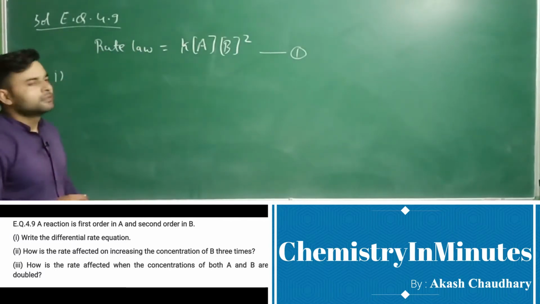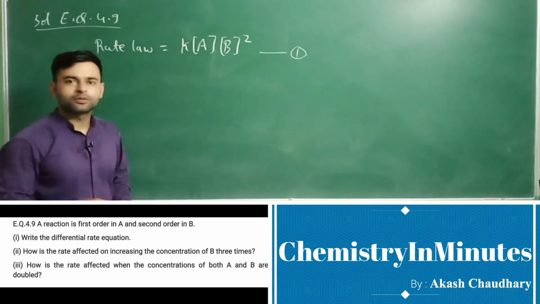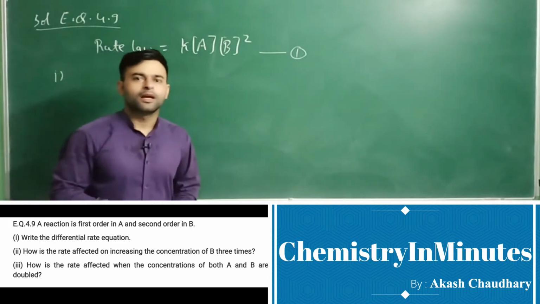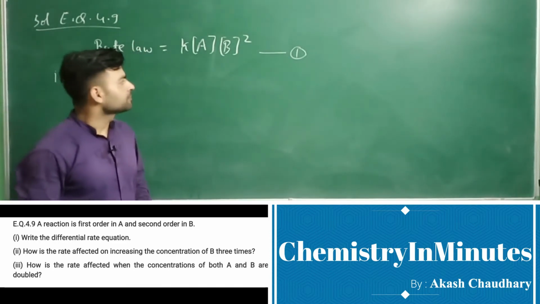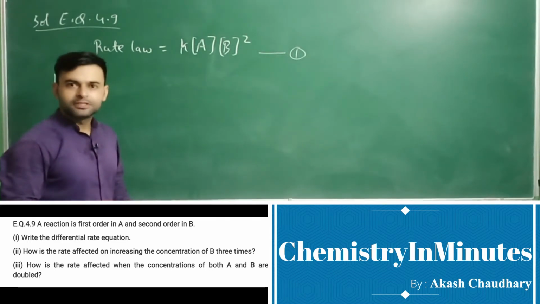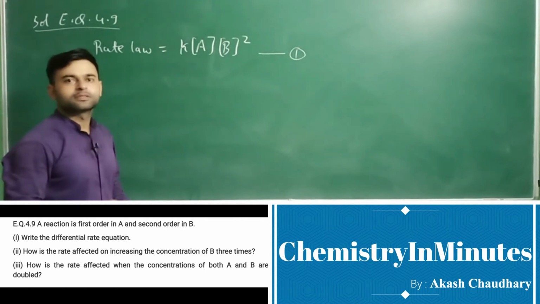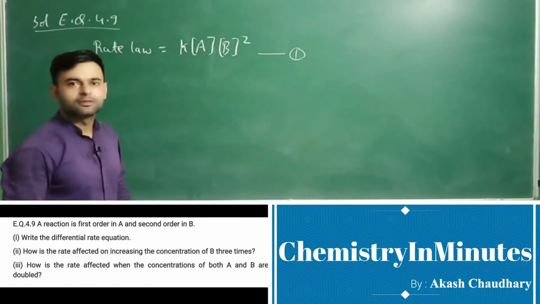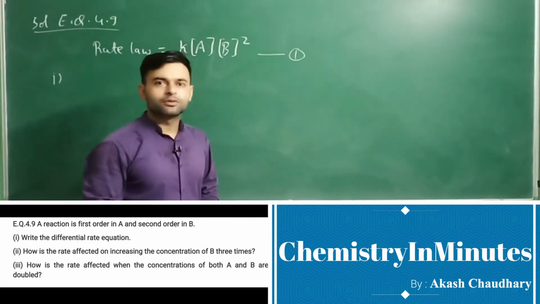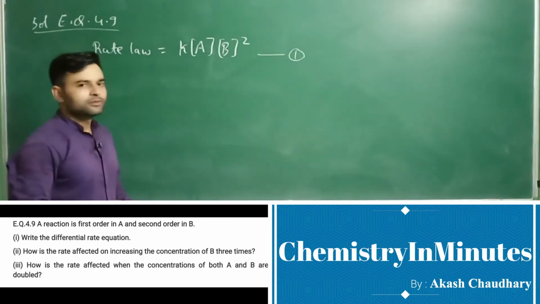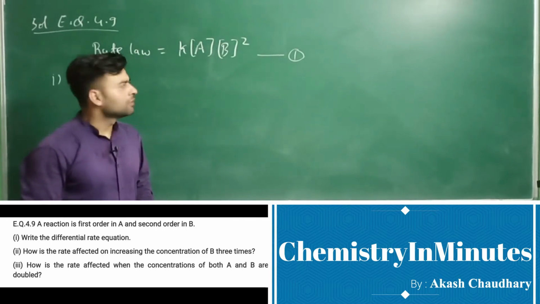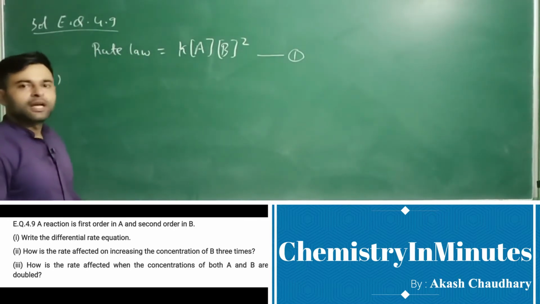So if we are asked a differential rate equation when the order of reaction is given, then we will consider it as an elementary reaction or single step reaction, because we cannot state the differential rate equation of a complex reaction by knowing its order, as the stoichiometric coefficients and the power to which concentration terms are raised are different. So in case of complex reaction, this question will not be meaningful. So we are considering it as an elementary reaction.